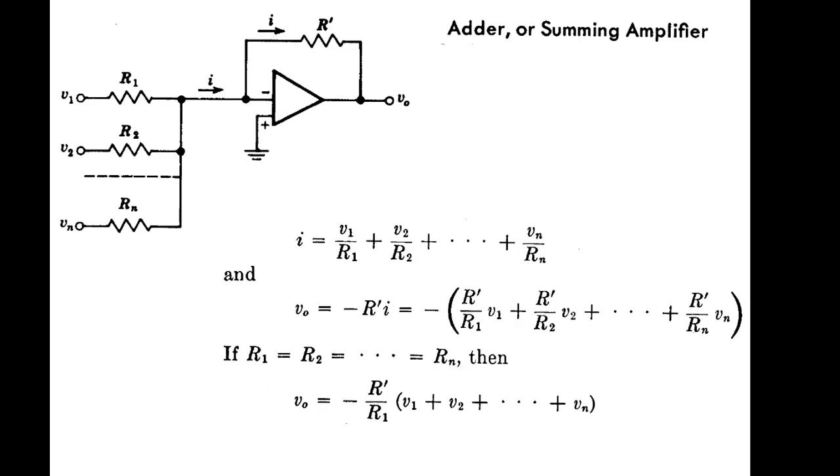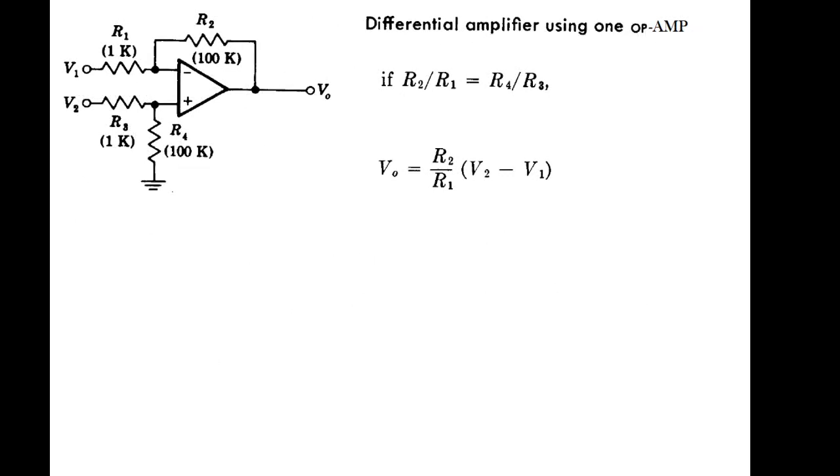voltage values. Next we are going to talk about the differential operational amplifier. In this case the output is proportional to the difference of the input signal, and in the diagram we can see that V1 and V2 are applied across inverting and non-inverting terminal respectively, and here we have a bridge kind of situation